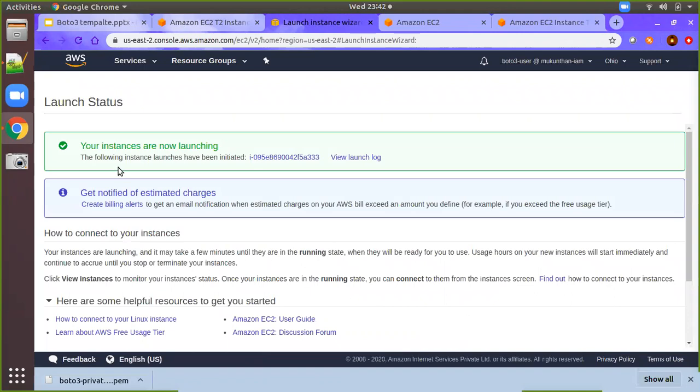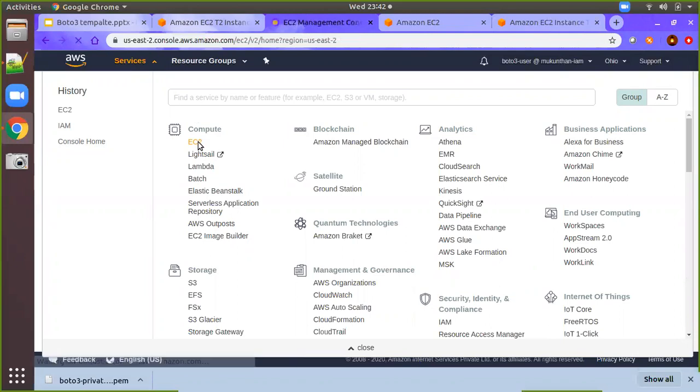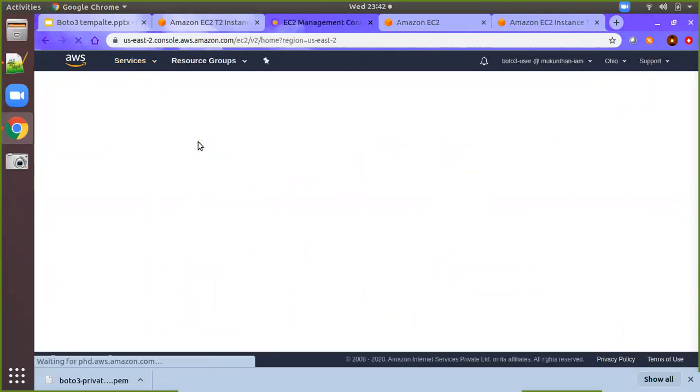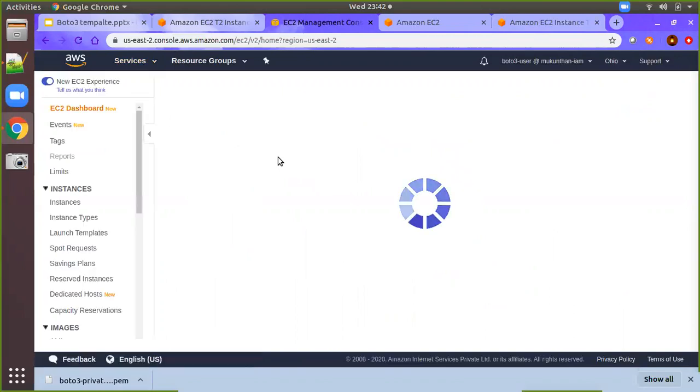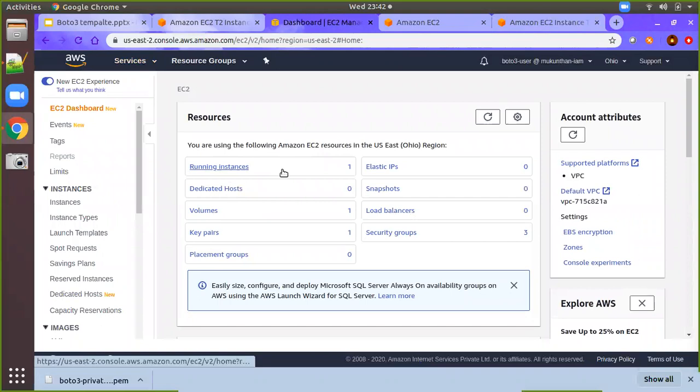Now you can see it is in the starting stage. Okay, now we will go to the same EC2 again. Here you can see running instances: now 1.